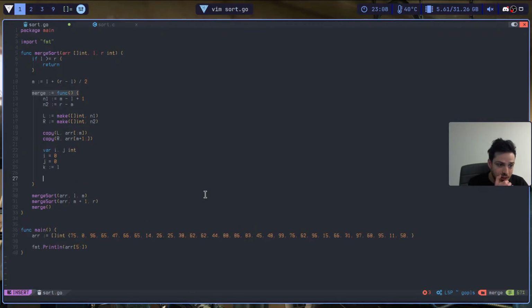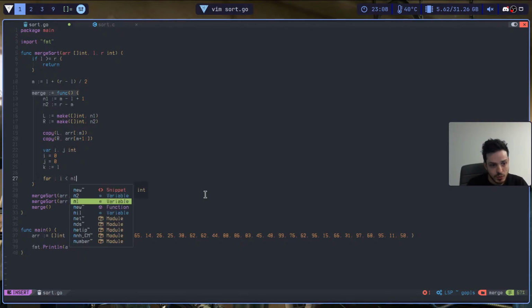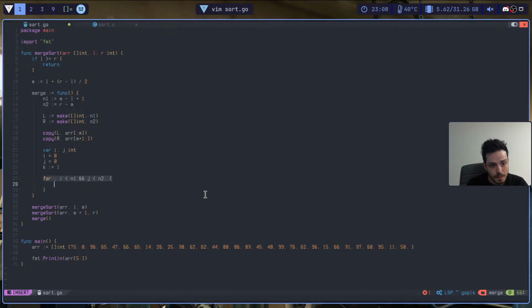So now we are going to have a while loop, but since there's no while loop in Go, we need to do a for loop. So for nothing, and while, we can think of this as while i is smaller than n1 and j is smaller than n2. While we're doing this,